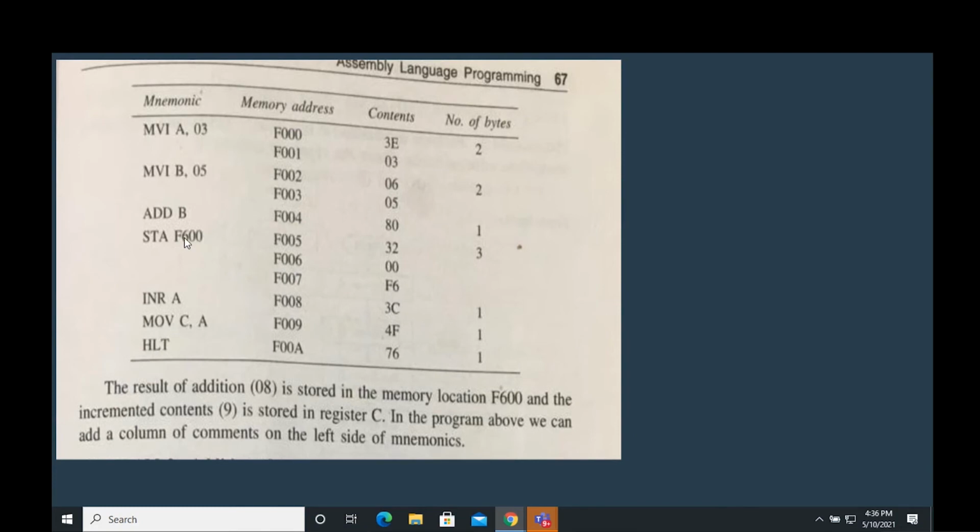So STA is just a 1-byte instruction, but this address will take the next 2 bytes. So 00 will come over here, and F6 is coming on the other end. So let me just take that pen. So 00 will be in one group and F6 will be in a different group. So total three bytes.